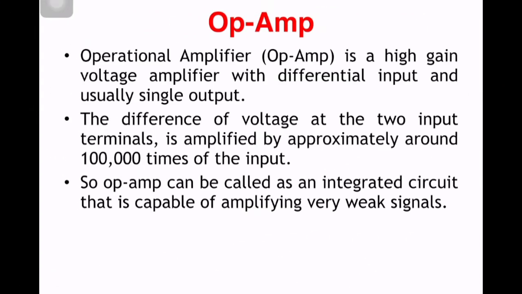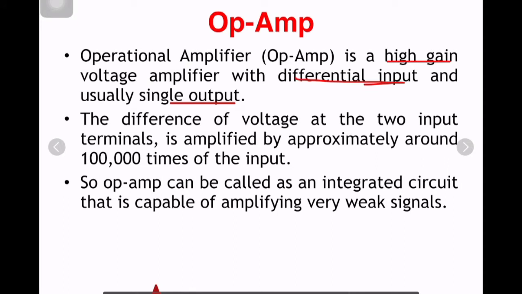Operational amplifier, or in short called op-amp. It is fundamentally a voltage amplifying device, and various external feedback components such as resistors and capacitors can be used between the input and output terminals to perform various operations from the operational amplifier, and that's why it is given the name operational amplifier. Now, an operational amplifier is a high gain voltage amplifier, and it has two inputs and a single output.